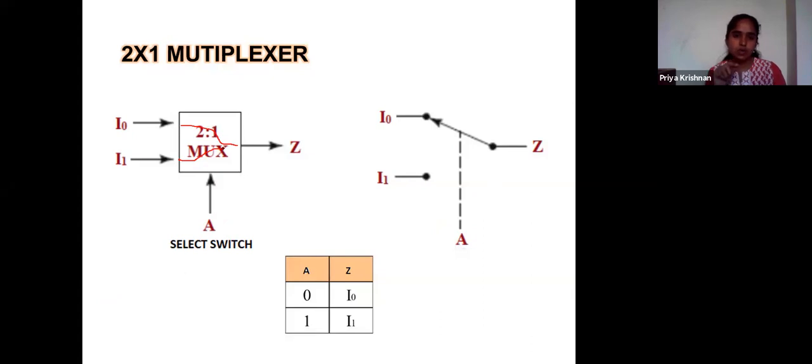If A is 0, I0 can talk to Z. If A is 1, I1 can talk to Z. Yes, that is the logic.